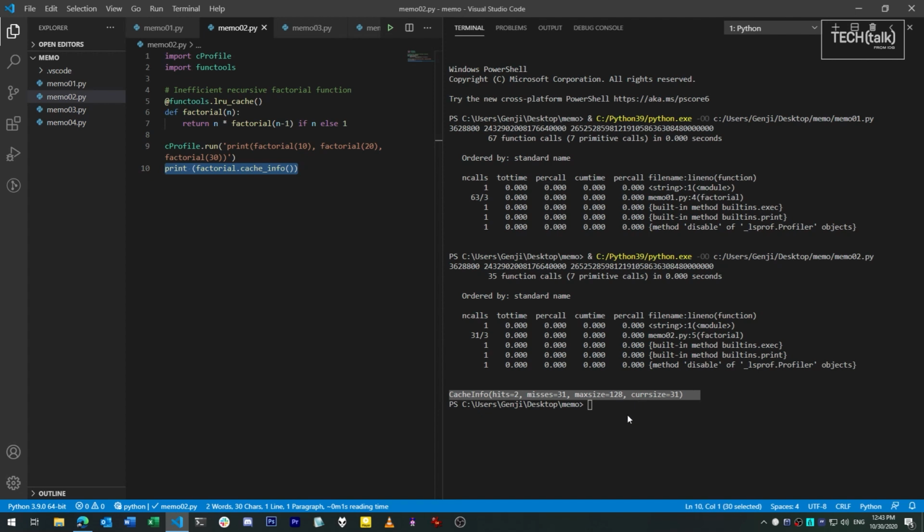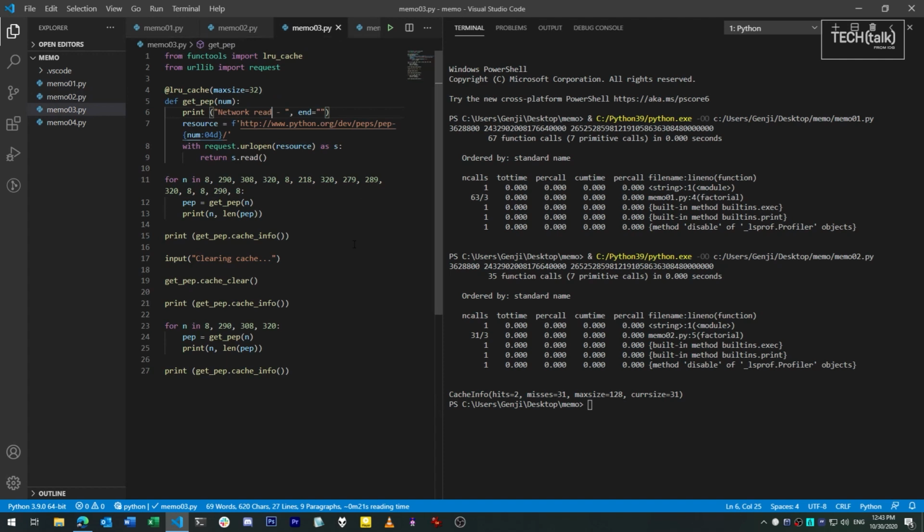A couple of notes about all this. First, lru_cache only works with functions where the positional and keyword arguments for the function are hashable, because results are stored under the hood in a dictionary. So I can't pass a list as an argument, for instance, because that's unhashable, but I could pass a tuple. Another useful thing is that you can manually clear the cache if you want to.